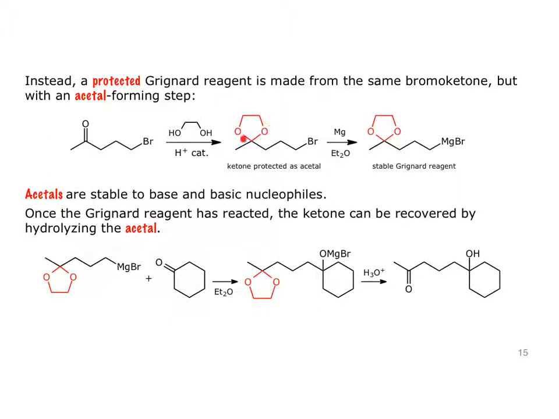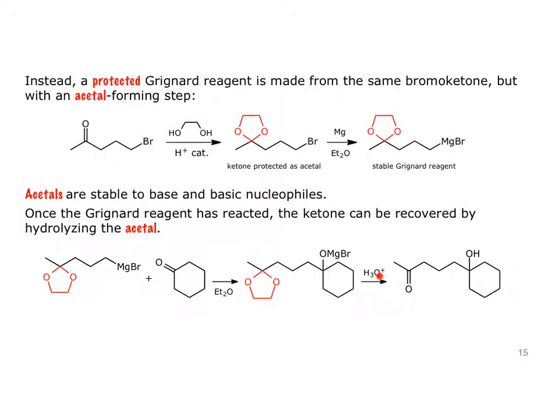That's an ether for all intents and purposes. And ethers, well, they don't react with Grignard reagents. So I should be able to take that compound, react with magnesium, and form this stable Grignard reagent, because this is unreactive to Grignards. So if we form that compound, make the Grignard, we should be able to cleanly react that with this ketone, form the alkoxide from the addition of the Grignard reagent to the ketone, which exists as this salt,